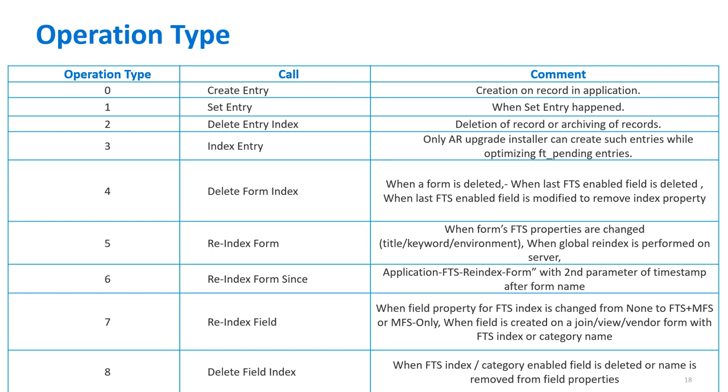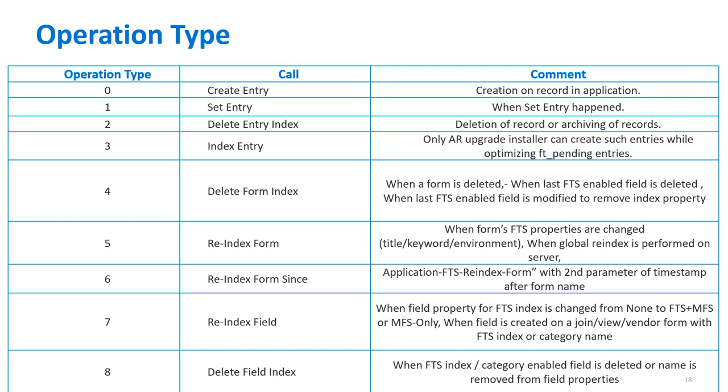It can be based on a form level indexing, or it can be a full indexing. Or in case FTS properties are changed, the global re-indexing is performed on the server. Re-index from, since it is one of the application FTS reindex form, is the command that gets executed. It is again the timestamp after the form name. Re-indexing field is typically when